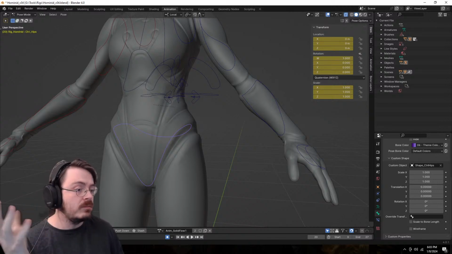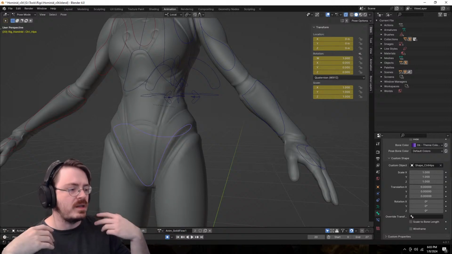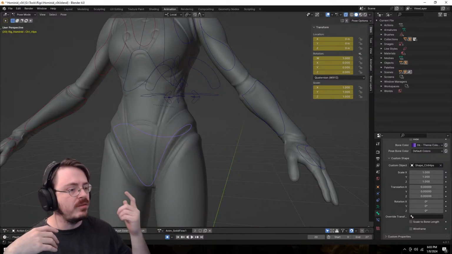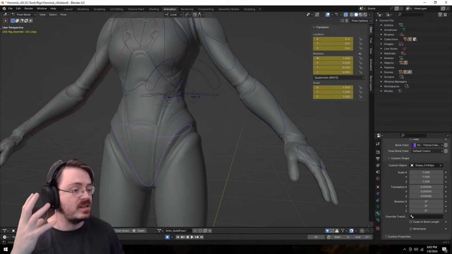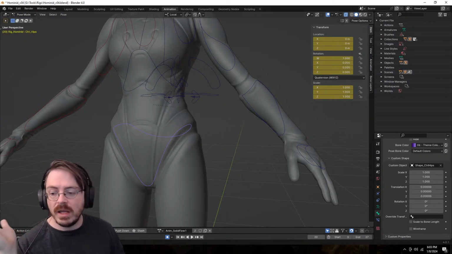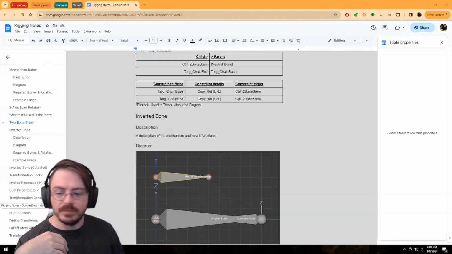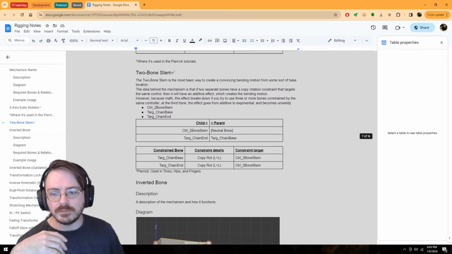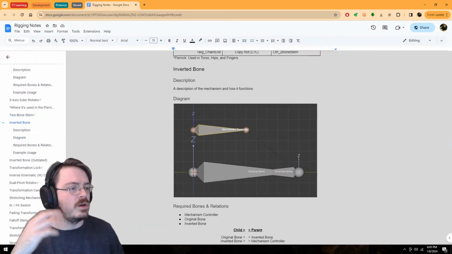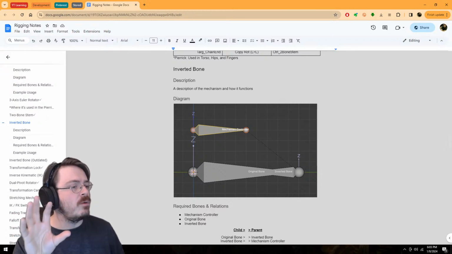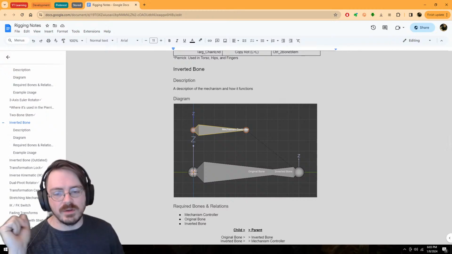Well, I remember from a vague understanding that it has something to do with flipping bone direction, but I don't remember all the nuance and details of how it is supposed to work. So in my note taking here, I've created this whole little thing so that I can quickly reference this and remember how that particular mechanism is supposed to work.